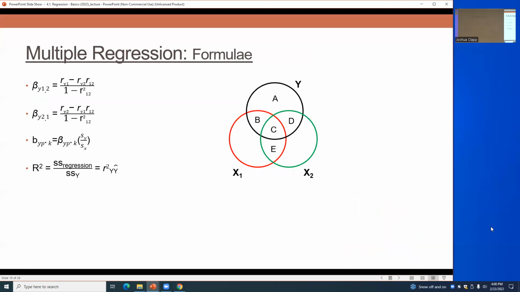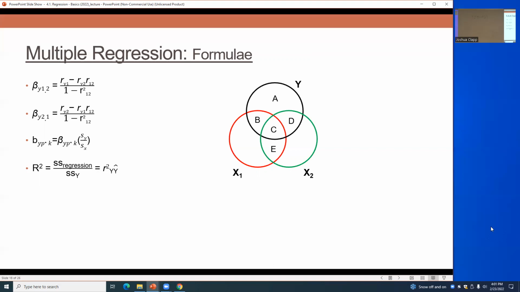So, basic formula. You'll play around with these a little bit, but this is just the 2 predictor case. When we get into 3 or 4, it starts to get more complicated. But if I'm going to calculate my standardized regression coefficient for predictor X1 controlling for X2, what that would be is I would have the